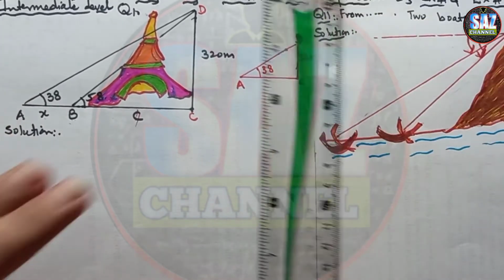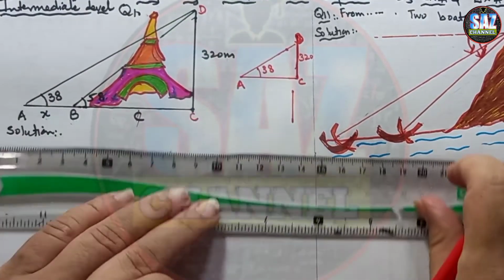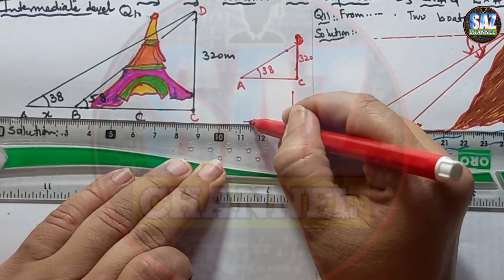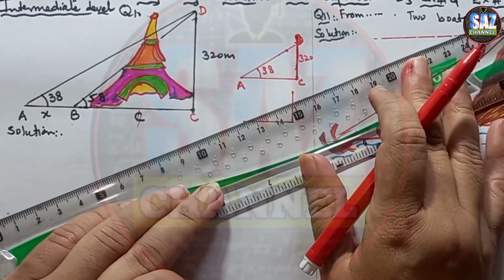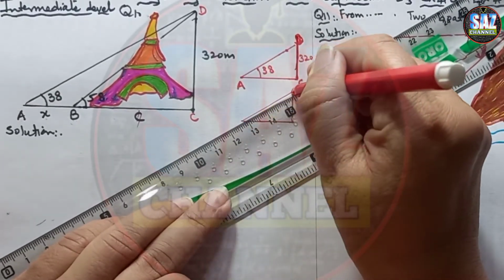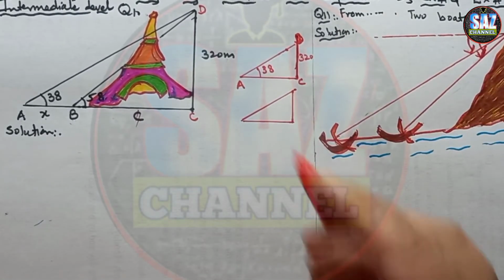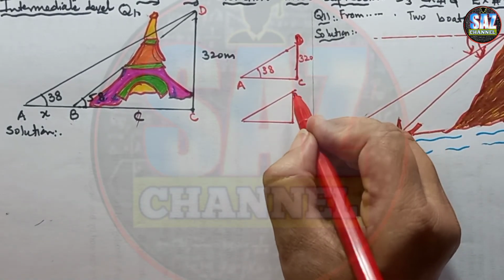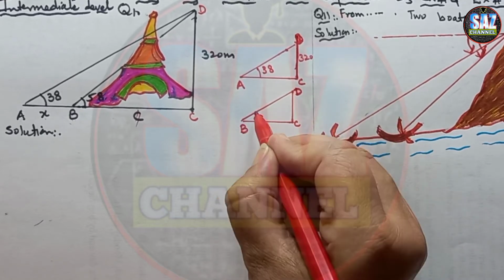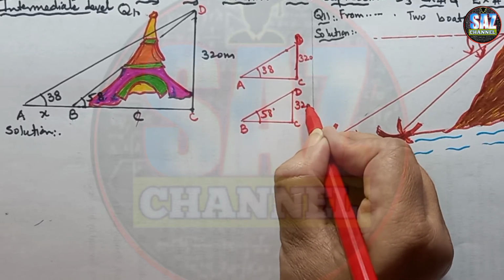And one is the small triangle with us. This is 320. This is the common height of both the triangles. We have done so many questions which are similar to this question, so please, in order to understand this question, you should watch those questions as well. Okay, now this is the position of D, this is C, and now this is B, and this is a 58 degrees angle here, and this is 320 meters.